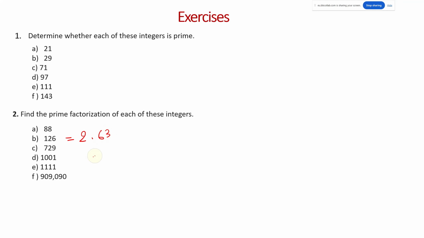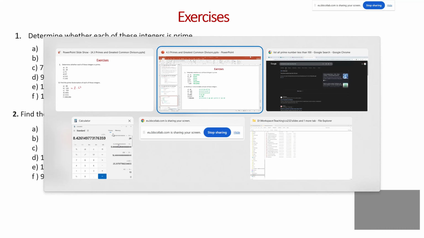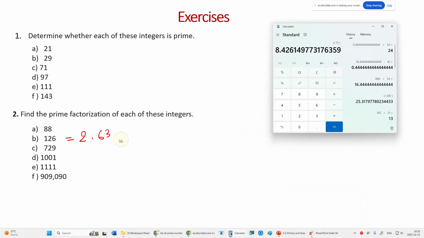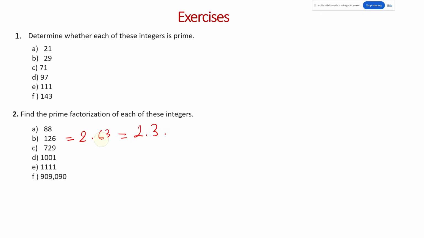All right. So 126, what is the prime factorization of that? So I just divide by 2. That means 2 times 63. Can I divide by 3? 6 plus 3, that's 9. Well, yes, I can divide by 3. So 63 divided by 3 is going to be what? 63 divided by 3 is going to be 2 times 3 times